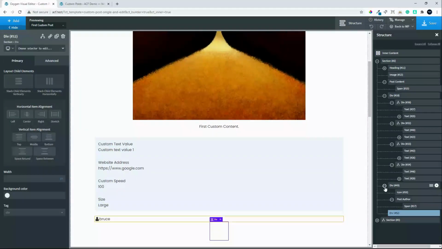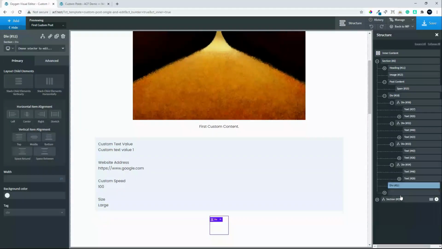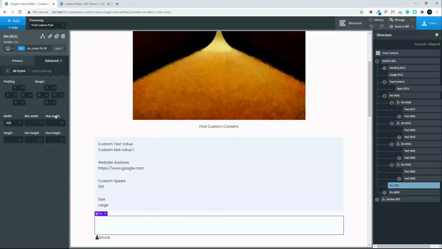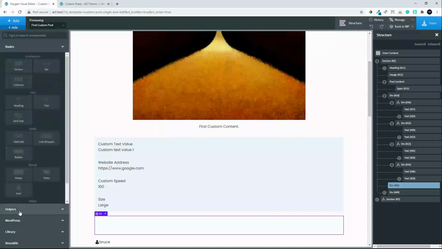And I'm going to move the user down to the bottom. Right, so there's my div, and let's set that to 100. And let's just put some space at the bottom, and let's just give it some spacing. Okay, so there we have our div, and now what I'm going to do is go to my helpers, and